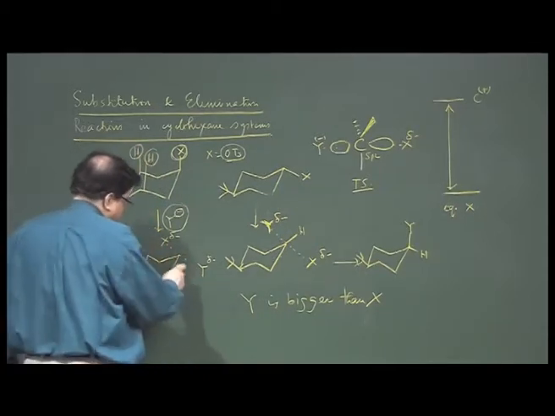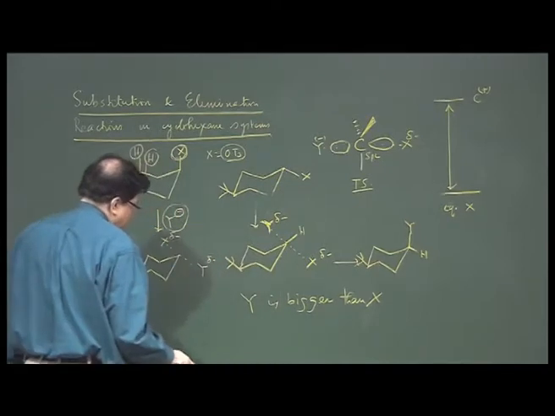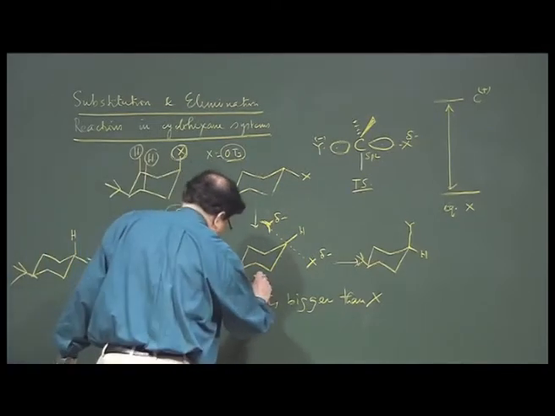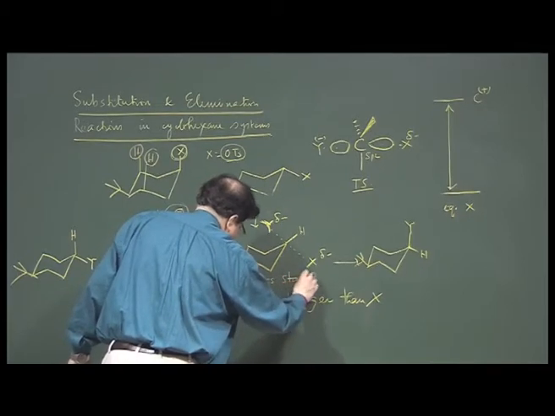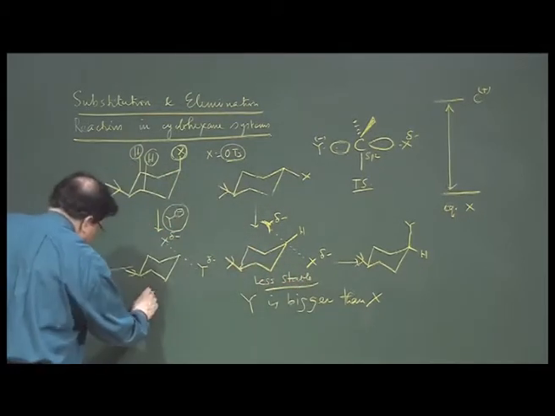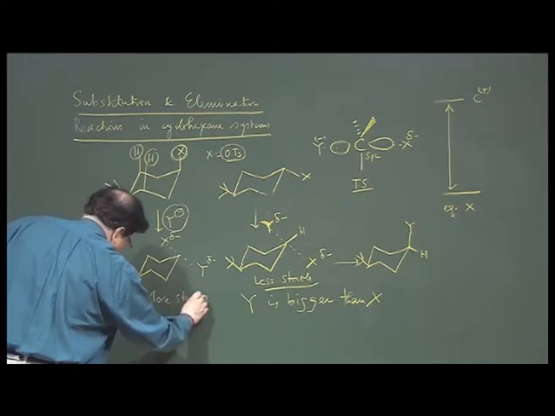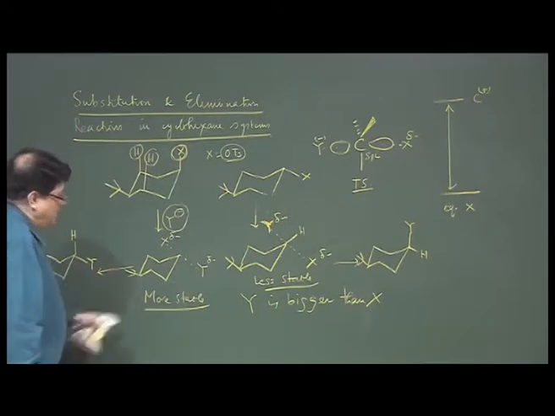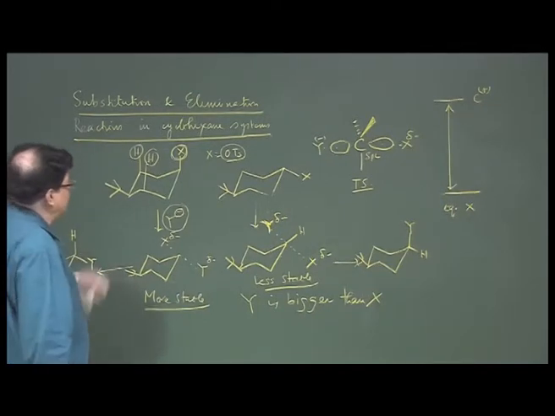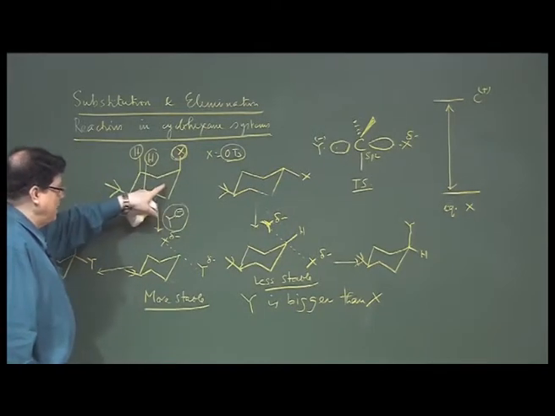If Y is bigger than X, then this transition state will be less stable, and this transition state will be more stable. Okay. So, if that be the case, then we can say that the axial tosyl will react at a faster